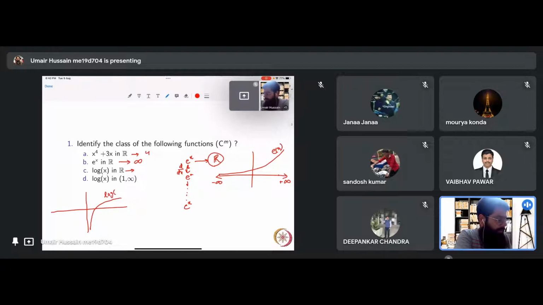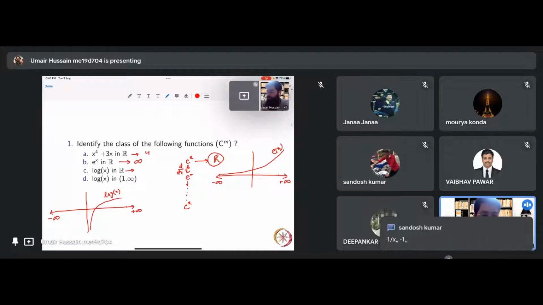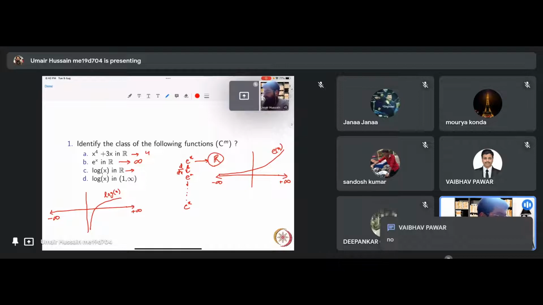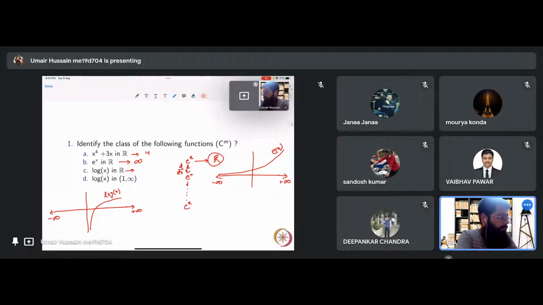So first question would be, is the function defined in this entire domain that I've defined? It's not defined. So its class would be zero. Okay, it's not defined in this domain. However, we have